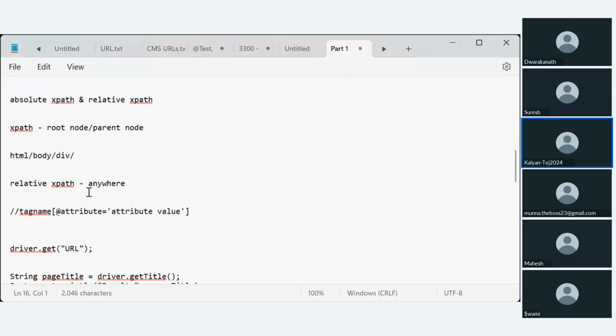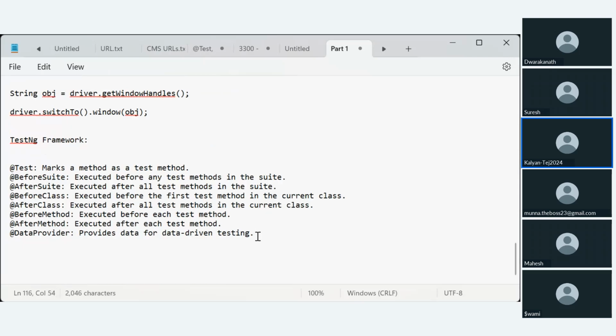That's what I'm highlighting in this workshop: the programs that you must know for sure, and the concepts you must know. As an automation test engineer, you must know a few concepts, which I've shared in the content. Yesterday I shared one PDF in the group. If you have not received it, you can ping on the same group and I'll reshare it. There you can see all the concepts you must know. If you're attending an interview, these are some of the most expected questions.